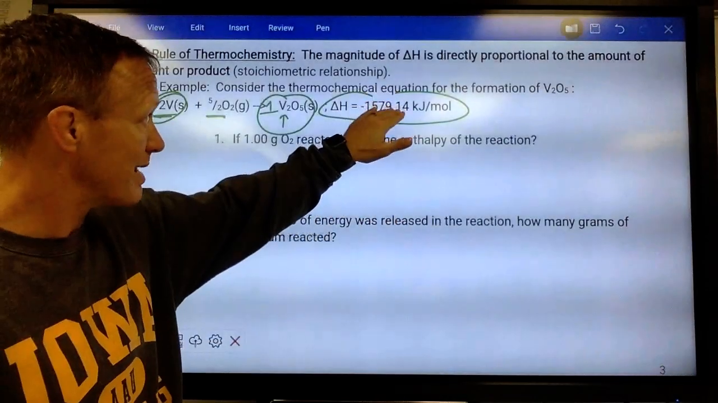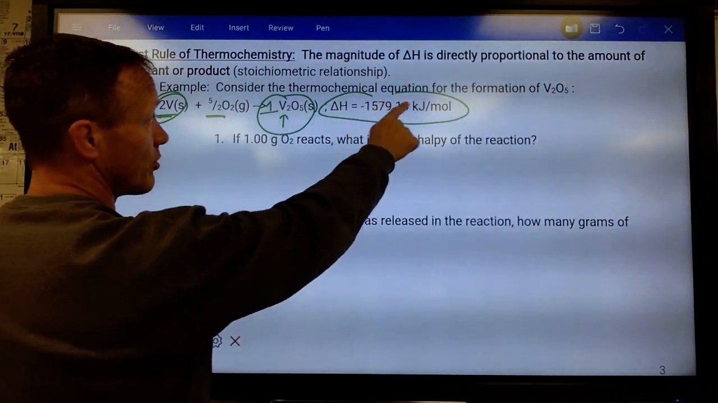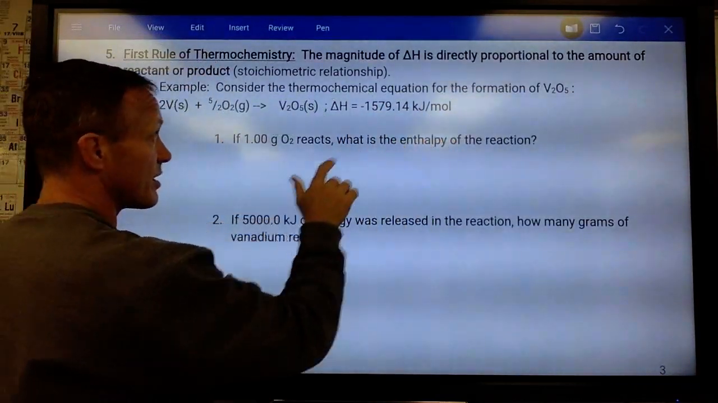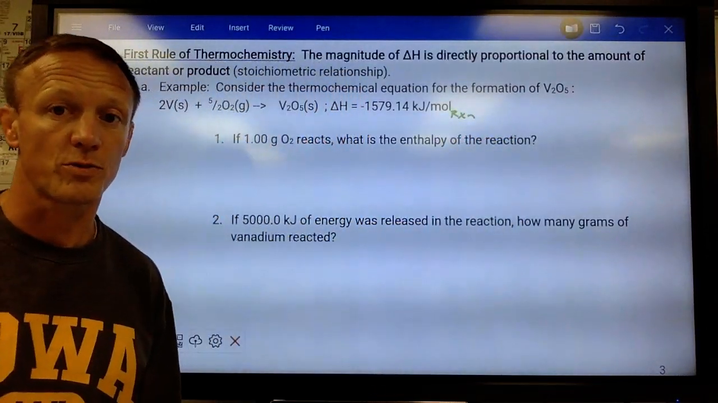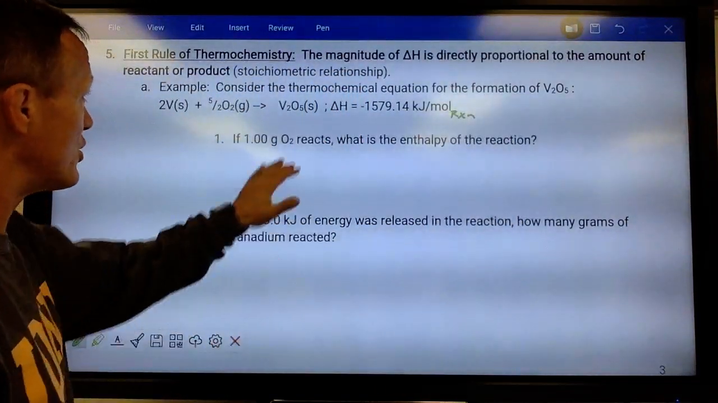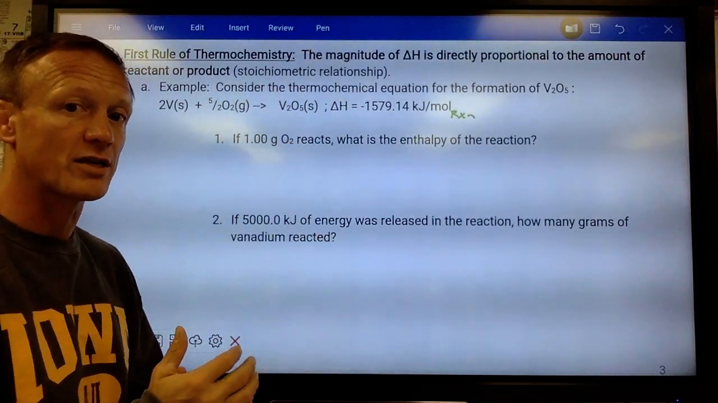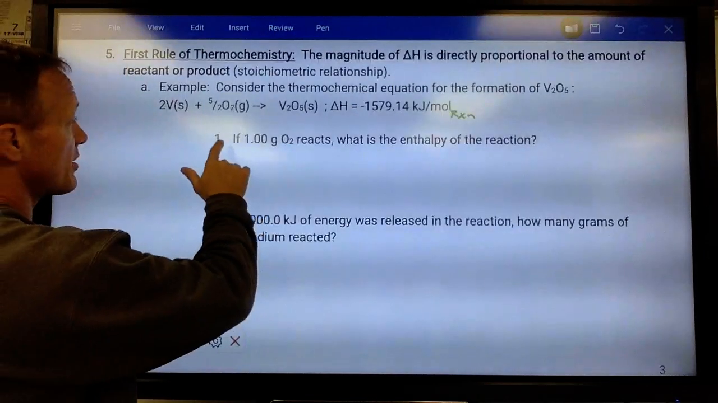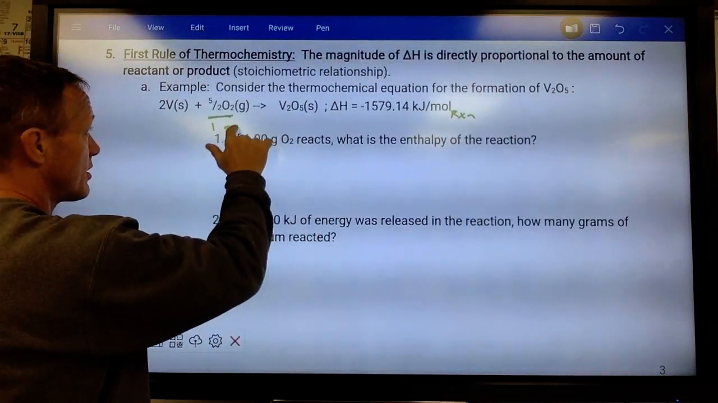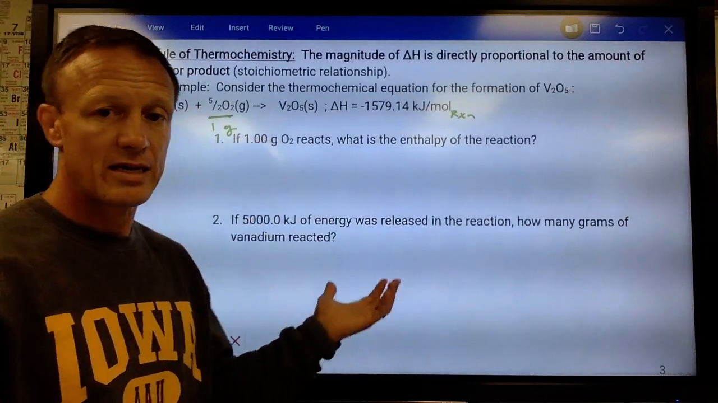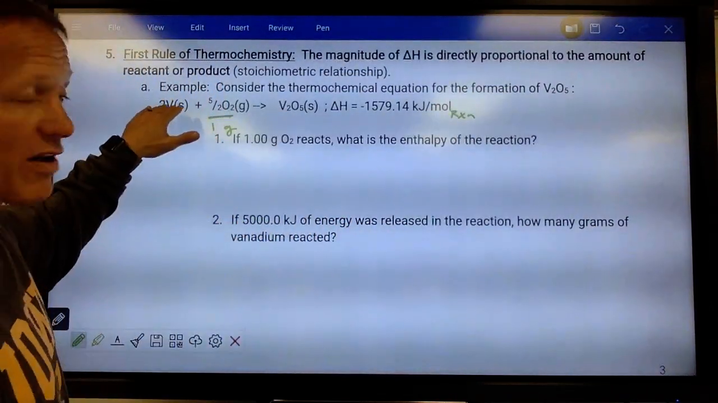So this is related to the coefficients in the reaction. Those are kilojoules per mole. And a lot of times on the AP test, it will say kilojoules per mole RXN, kilojoules per mole of reaction. So we can use this relationship in our stoichiometry and figure out how much heat is either gained or lost in a reaction. In this case, it's telling us if only 1 gram of oxygen reacts, what is the heat change in the reaction, how much heat's being given off,